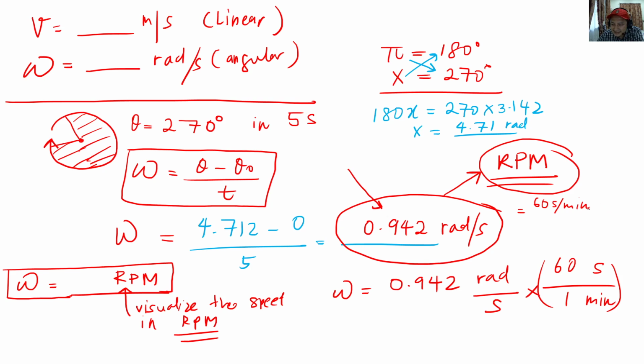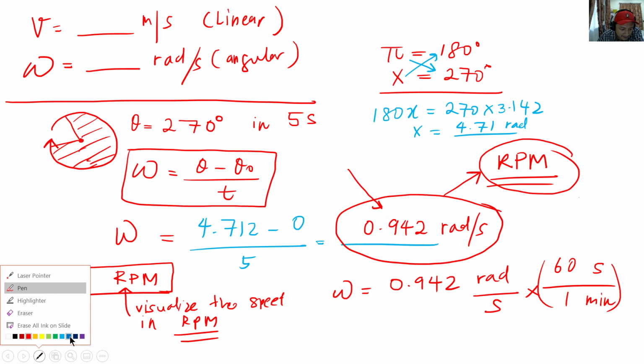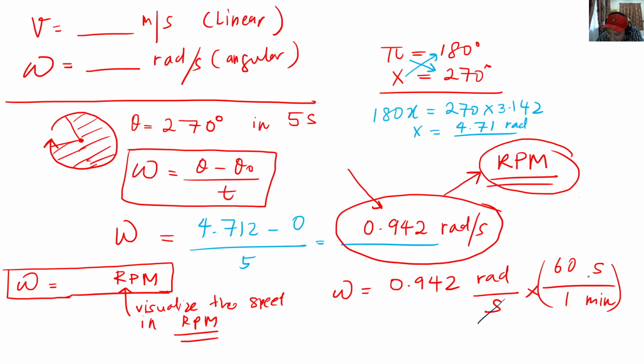Something's not right, right? Correct lah. 60 seconds over 1 minute is actually equal to 1, because there is 60 seconds in 1 minute. So top equals bottom. When we divide them, it becomes 1 minute. So now that you have second at the bottom and this one at the top, you can cancel off the unit. So now your equation becomes